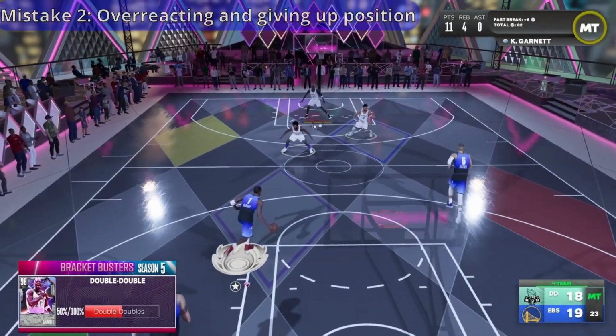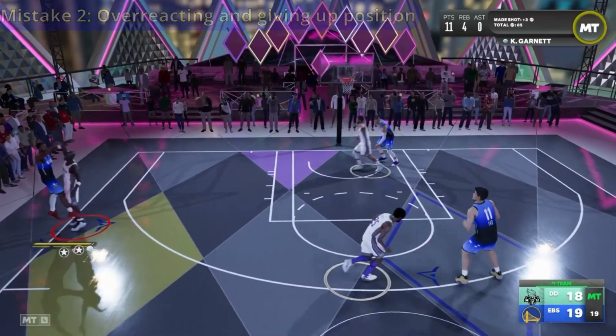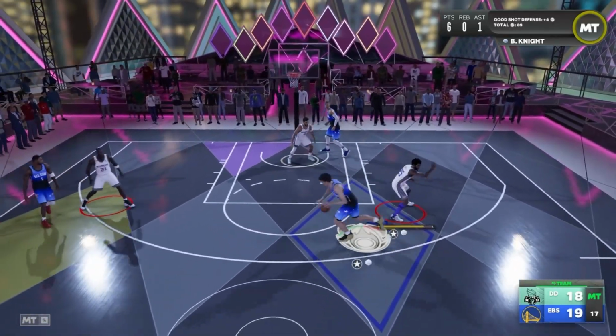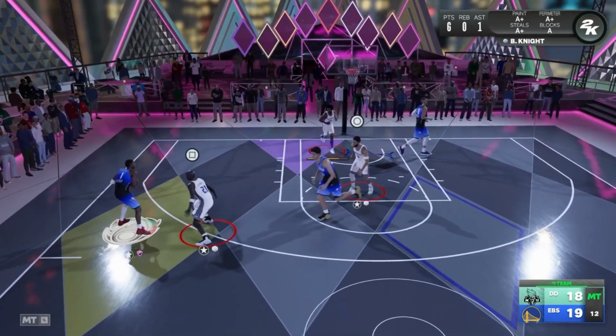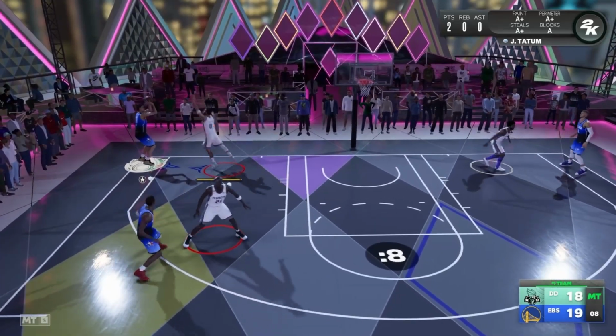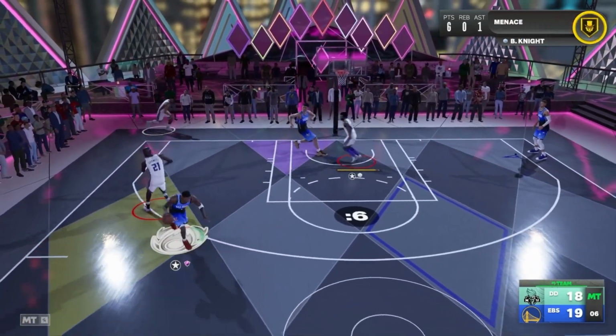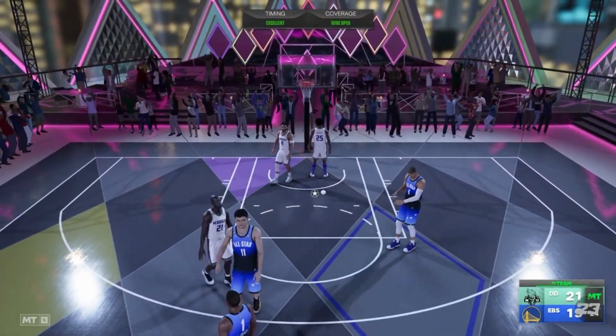Which leads me to mistake number 2 on defense, and as you can see right here, it's a lot of overreactions on my end. This guy was cooking me with a lot of leaners, a lot of paint mashing, and it put me in a bad defensive position. Take a look at my Jayson Tatum here. I'm sliding around, sprinting, jumping at everything, and